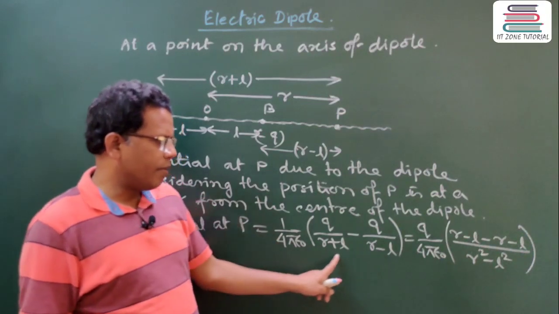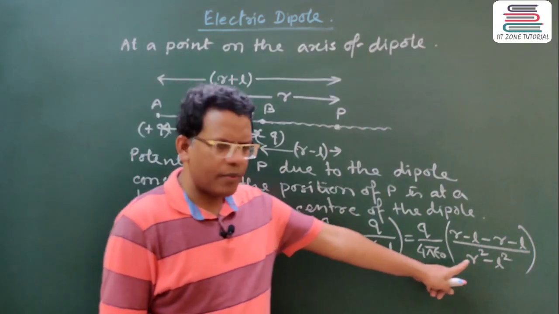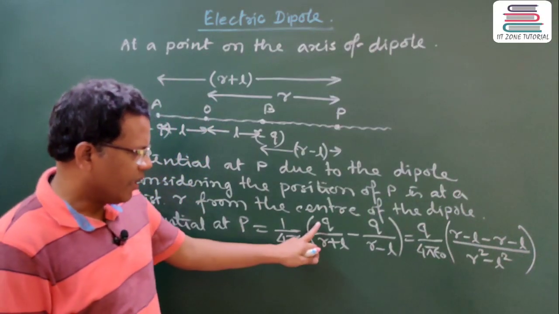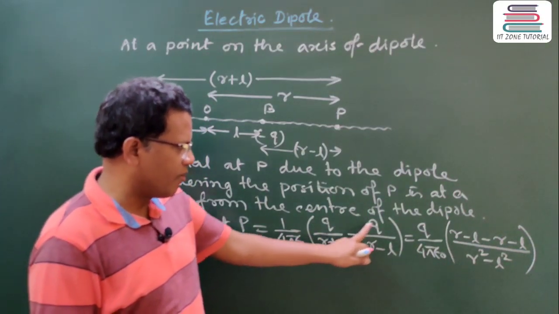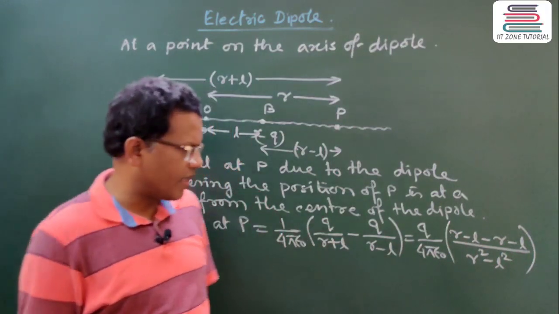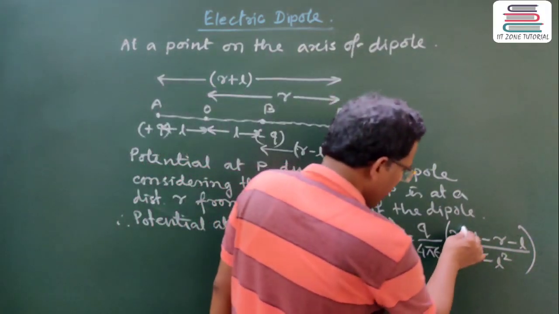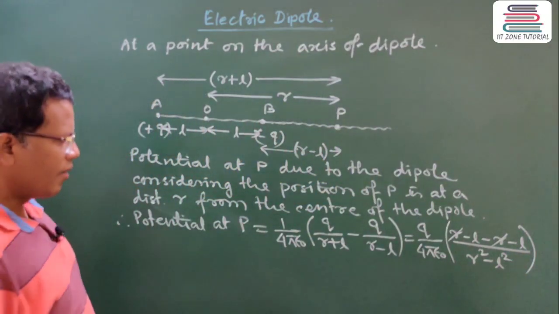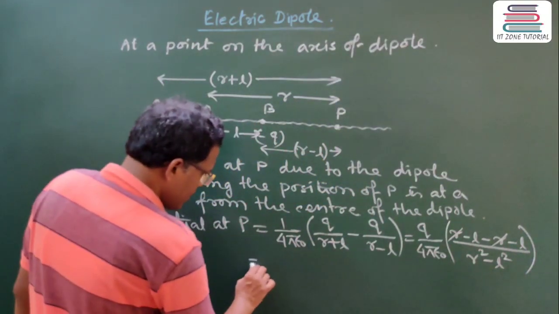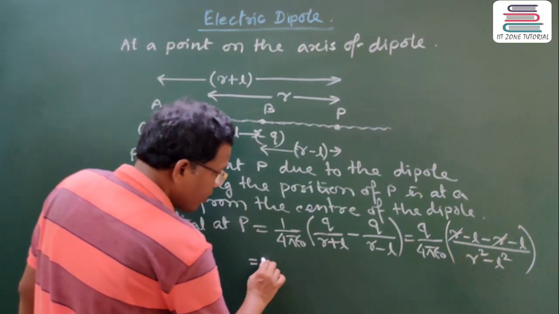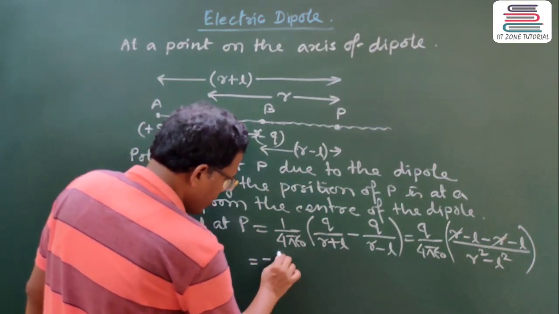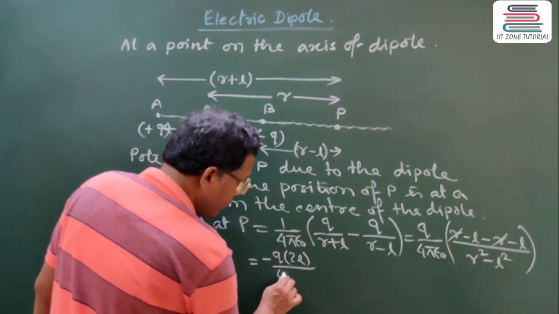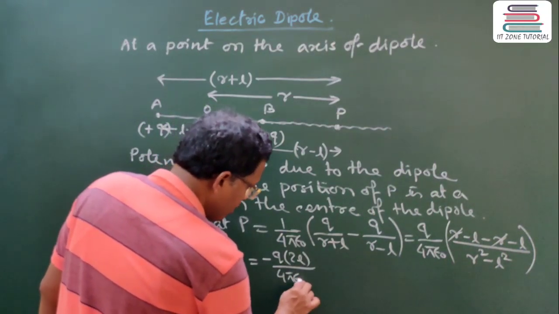Doing LCM, it will be (a plus b) into (a minus b) in the denominator, so we can write a square minus b square, and in the numerator it is r minus L minus of r plus L, that is minus r minus L. So from this part we can cancel out r, and we finally get the potential is equal to minus of q into 2L divided by 4 pi epsilon naught into r